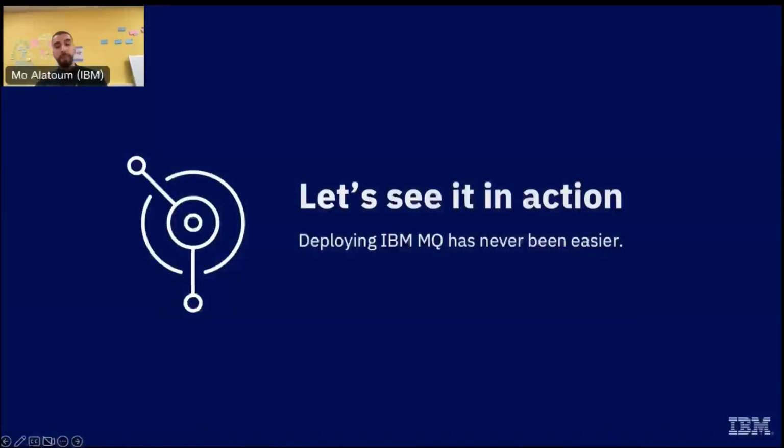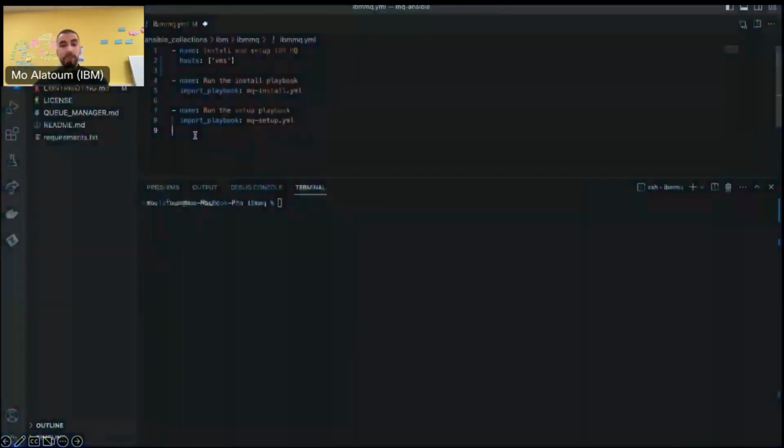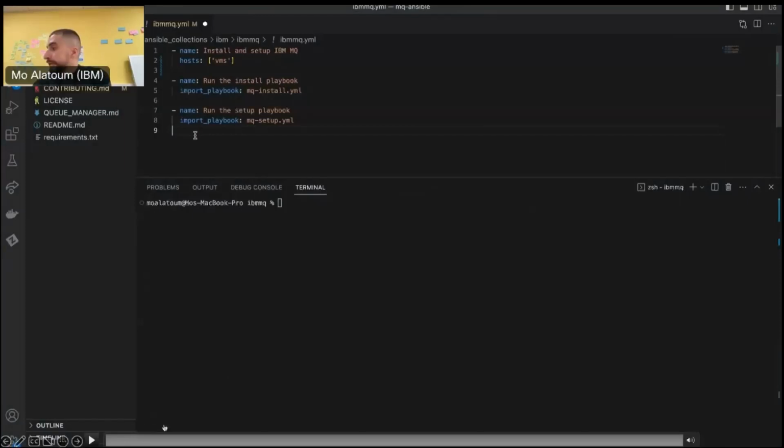So I've told you about MQ-Ansible, the value, why you really need it, and the challenges that we're trying to tackle here. And you're probably eager enough now to see it happening in action. So once you get started with MQ-Ansible, of course, you're going to have to clone it